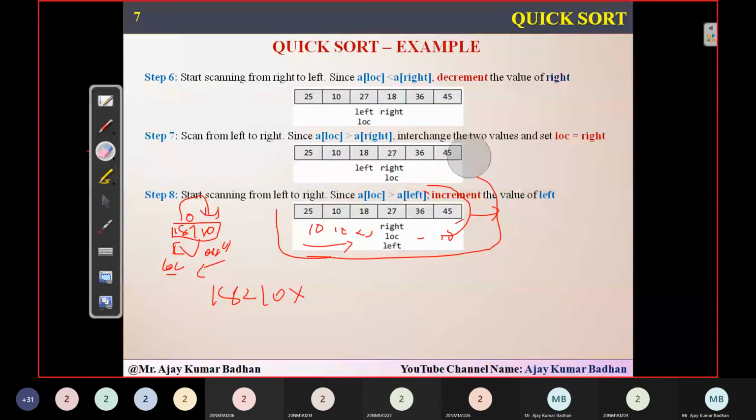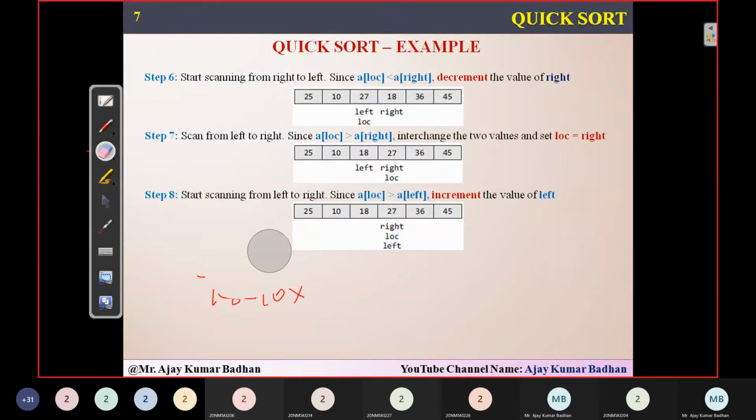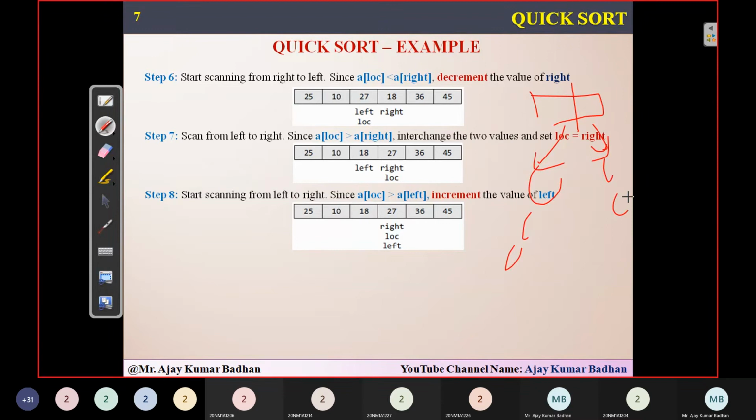That's why we are calling it divide. First time it will not divide like merge sort. In merge sort, whatever array we had, we divided into equal halves and then started performing operations on the left and then the right. But here, first it will take one value as a pivot and place it in a particular position, and that pivot point will divide the array into two halves, the left part and the right part. Then we will sort the left part first, then the right array. This is how the program is going to run for quicksort.